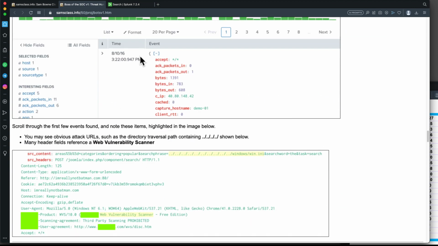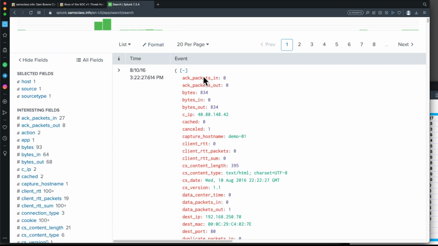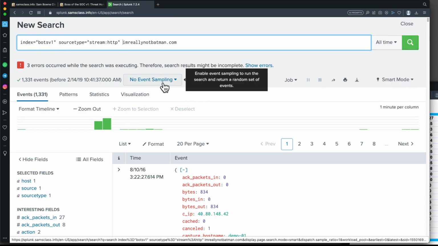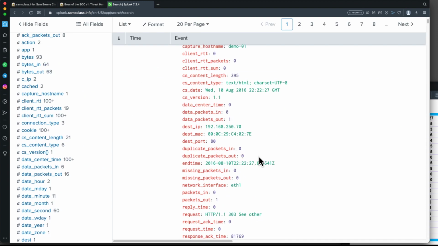So here, all right, this time I found 251 events, but that was a sampling of 1 to 100. Now I've turned off the sampling, and I'm only finding 1331 events, which troubles me. But anyway, if you look down here,